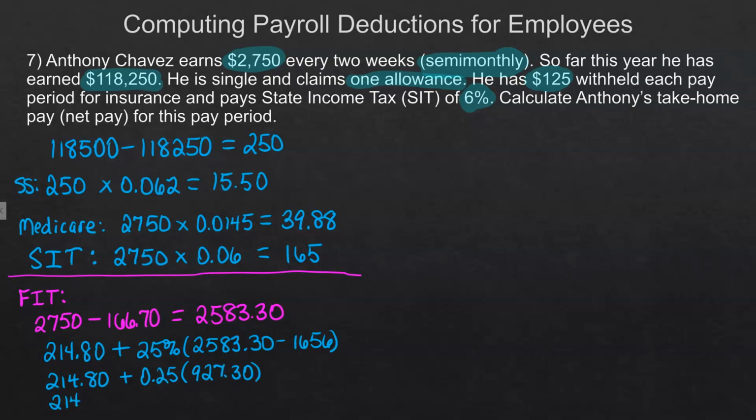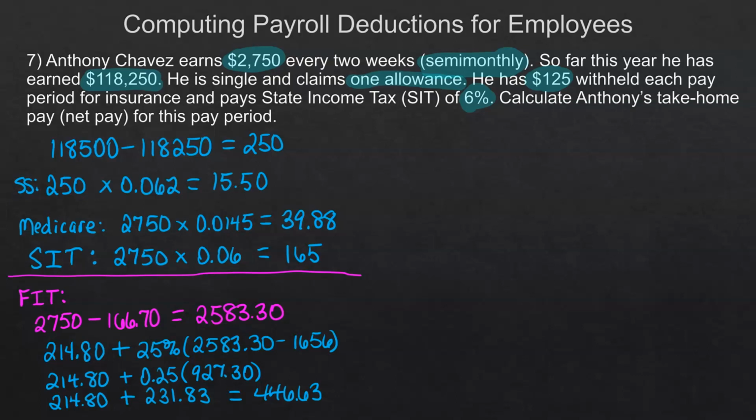So $214.80 plus $231.83. So FIT will be $446.63. Now I'm getting close on time, so I'm going to pause this and put the other calculations, so then